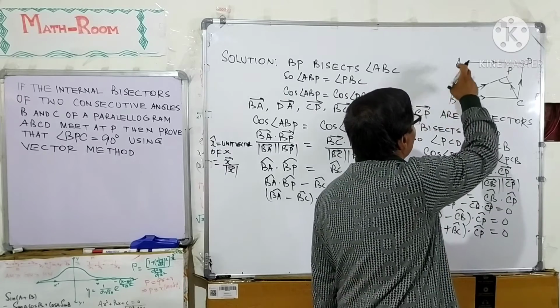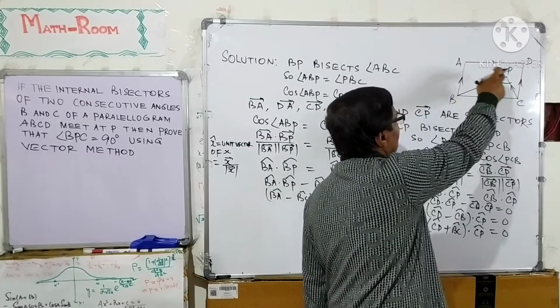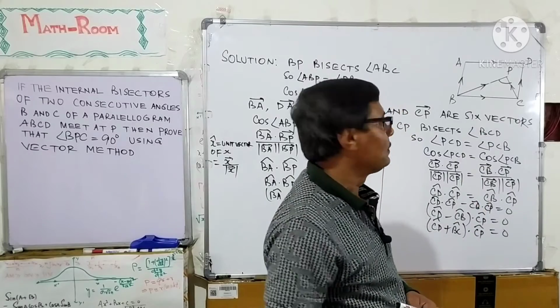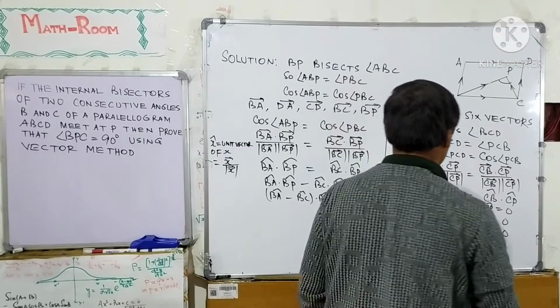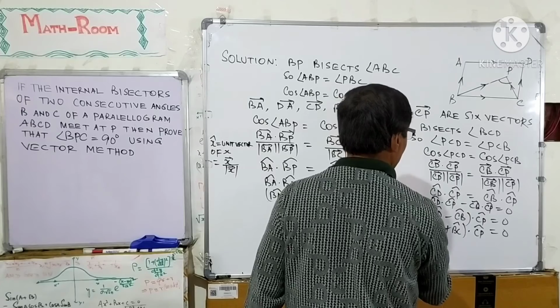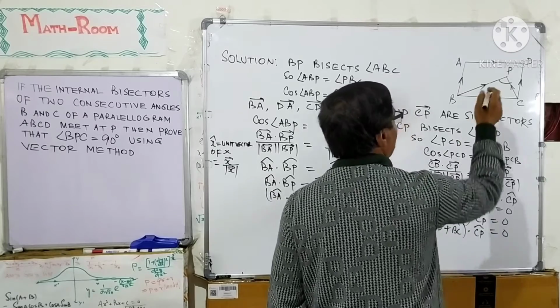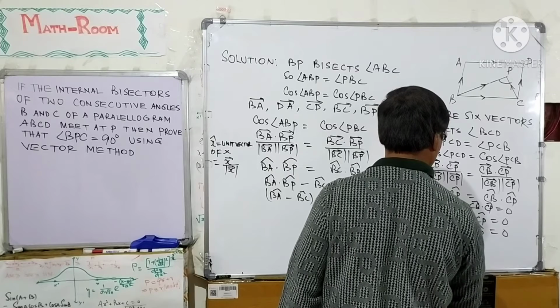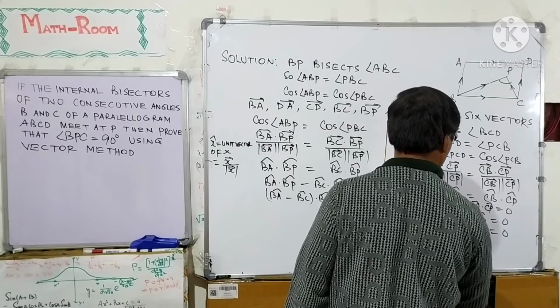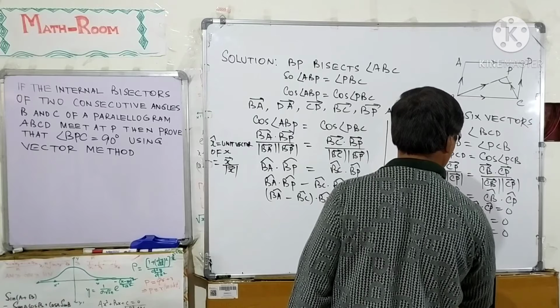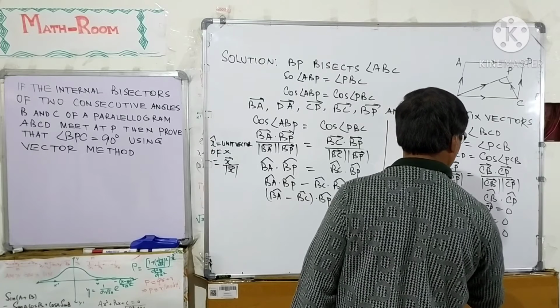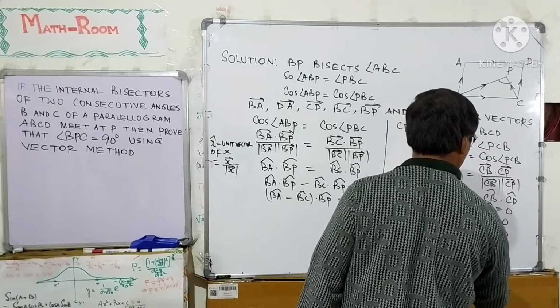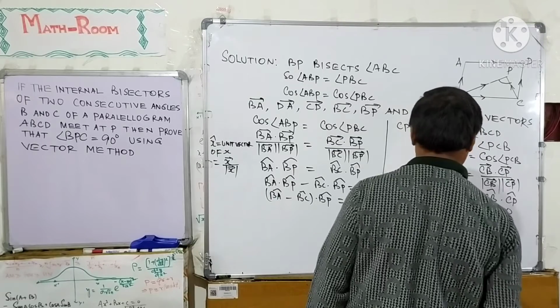So, we can say that BA vector and CD vector are equal. So, we can write CD equal to BA. So, (BA cap plus BC cap) dot CP cap equal to 0,